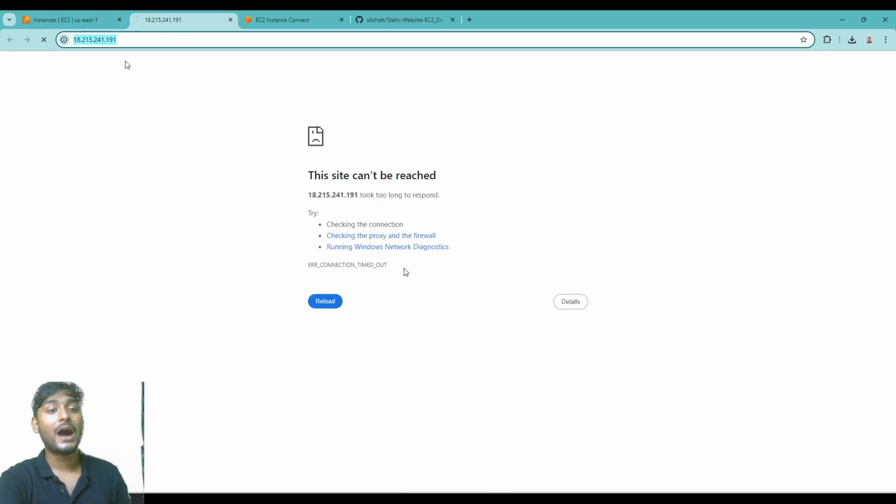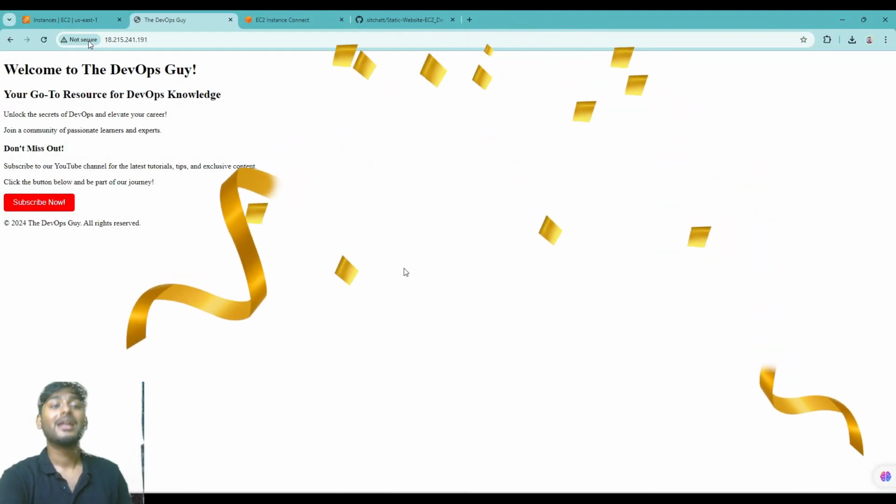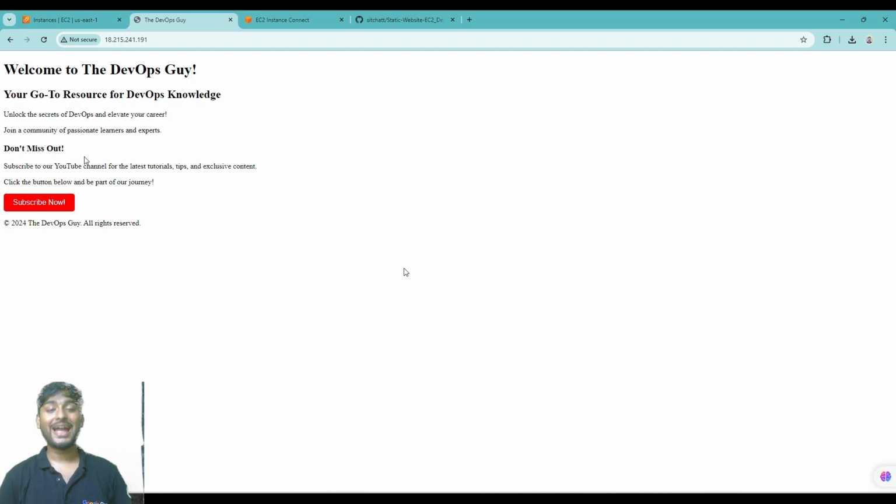Now if you load it, so here why is it not loading? First of all, because if you remember, while creating we have not given the permission for HTTPS, so it is not loading. It says the site can't be reached, and moreover our application is based on HTTPD. It will take HTTP only. So simply we will click here. As you can see, we have got our website ready and the website is being served,